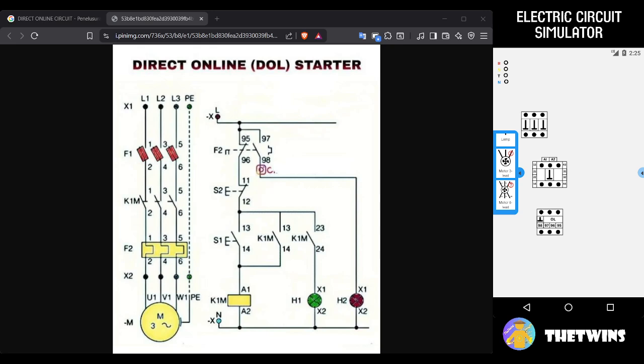The motor is 3 lead, because it only has 3 wires.